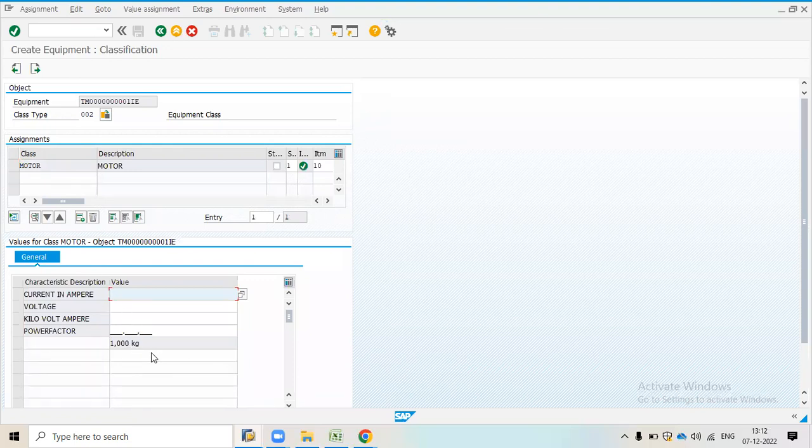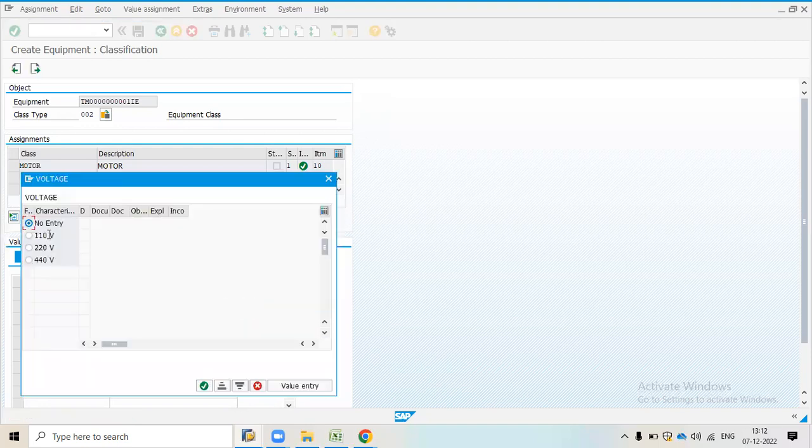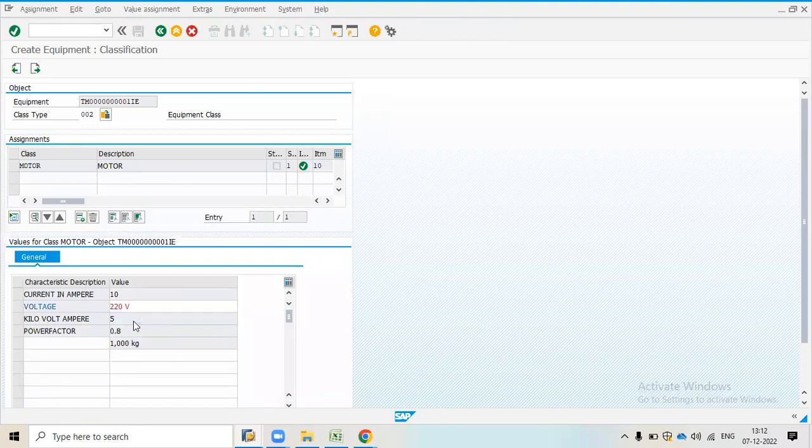Current in ampere 10 ampere, voltage 120, KVA 5 KVA, and power factor I will take 0.8. Volt not found. V is not found in voltage. Okay, here 120 volt, press enter.